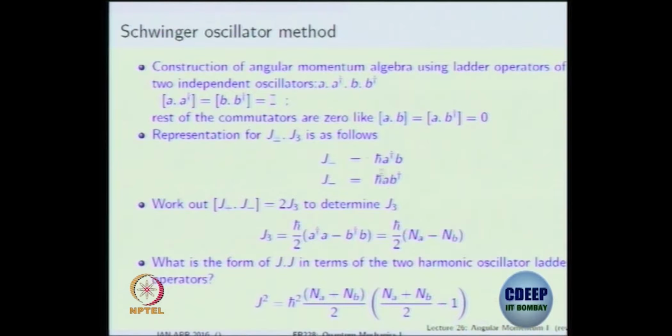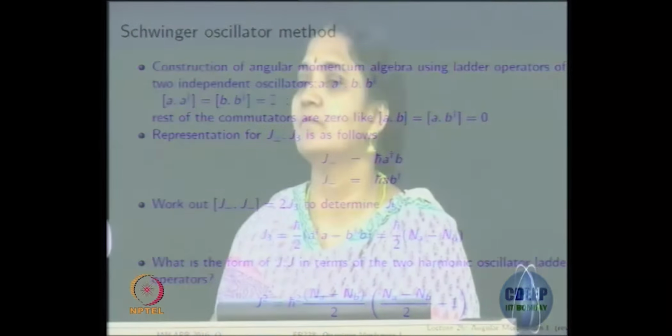Each one has an h cross, so when you take a product, there will be h cross squared. Substitute in terms of the representations involving A dagger and B dagger. Finally, it can be neatly written as half the sum of the number operators, multiplied with half the sum of the number operators plus 1. Please verify this, and you need to use those properties which I gave you. Don't write blindly Jx squared plus Jy squared as J plus J minus, you will not get anywhere. You have to write the symmetric combination divided by 2.